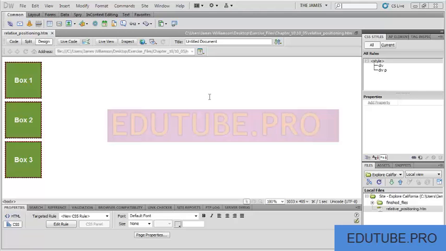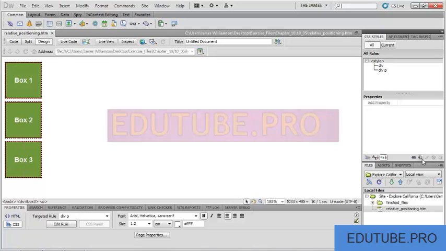Here we have the relative positioning.html file open from the 10.05 folder. We have three div tags on the page. They're identified as box 1, box 2, and box 3, and they each have a paragraph inside of them. If we look over our CSS styles, we have some very generic styles that are styling our divs and the paragraph inside the div, but nothing that's driving any of the individual boxes, so we're going to have to create